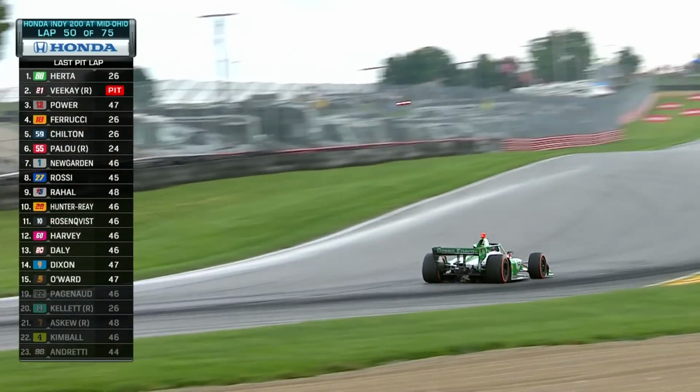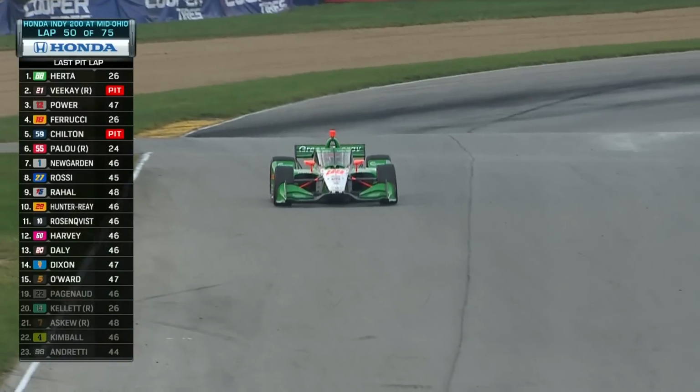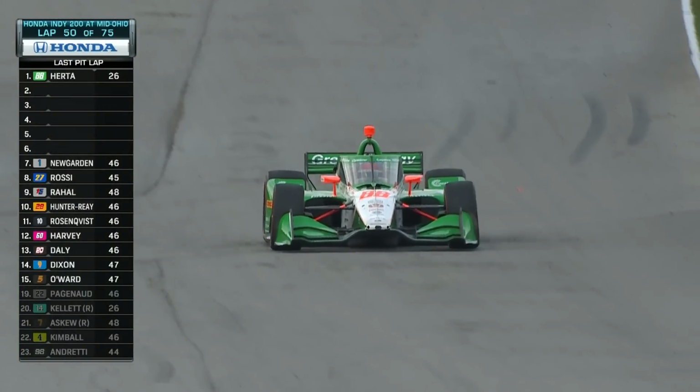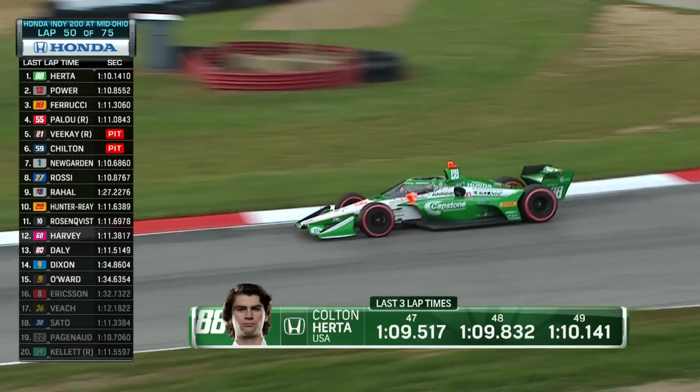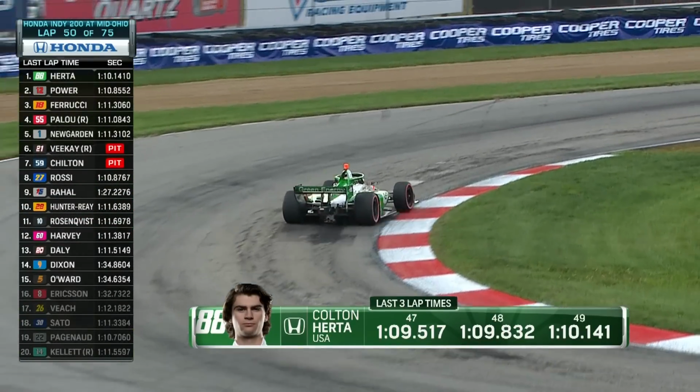Clear lap for Herta on that one. It was a 110.1 though, so he's not laying down the big laps, but I think he's got a good shot at getting the job done. Will Power is closing down to